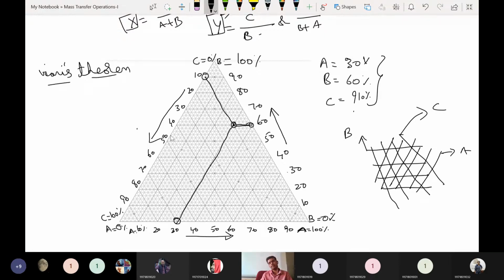So what Vivian's theorem is saying is, if you consider some length A here, and some length B here, and the length of this one is C. Vivian's theorem is saying about A plus B plus C. The length of A plus the length of B plus the length of C is nothing but the height of this triangle, which is this one.